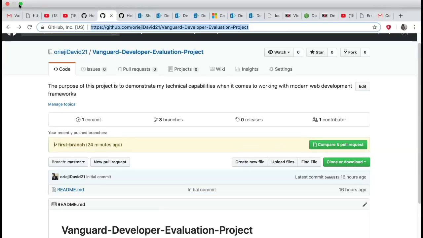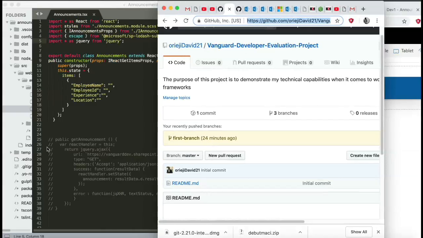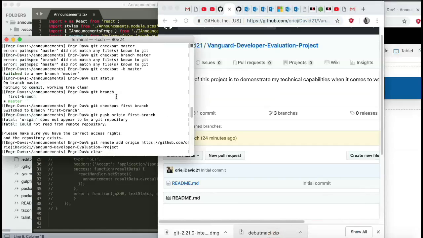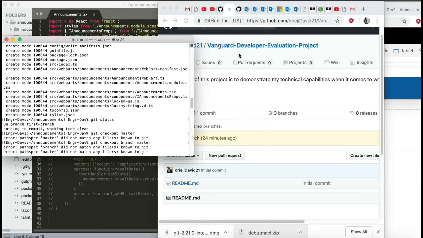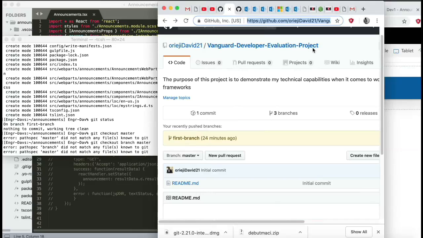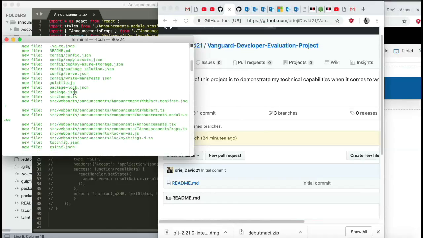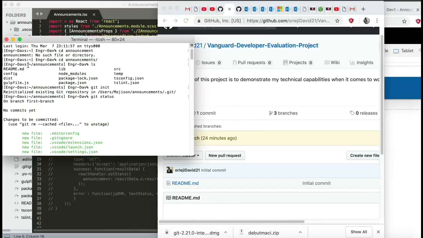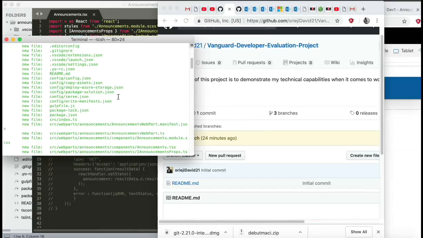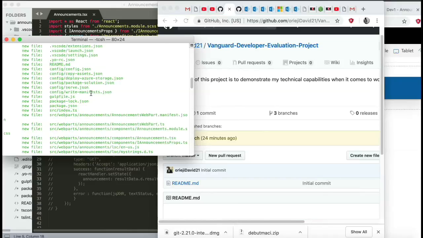So I moved back. Most of my work I did on the terminal. After creating my account here, Vanguard developer evaluation project, I moved back here. Here I did most of my programming, and finally I was able